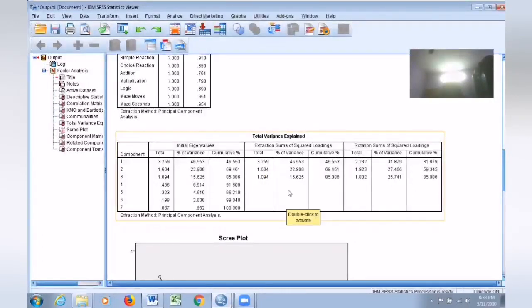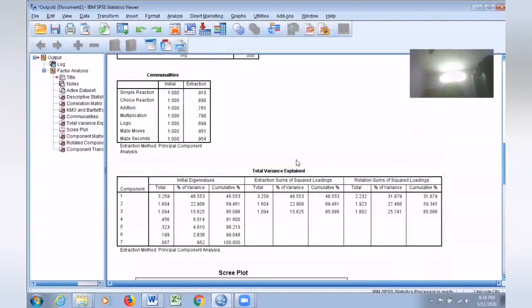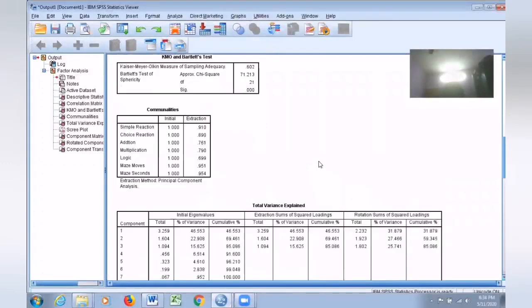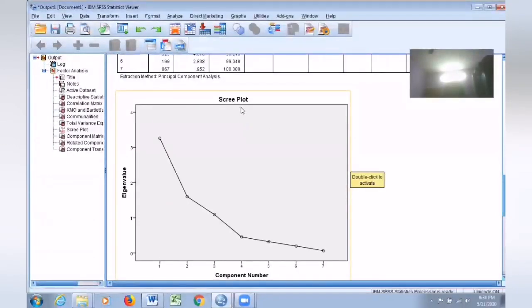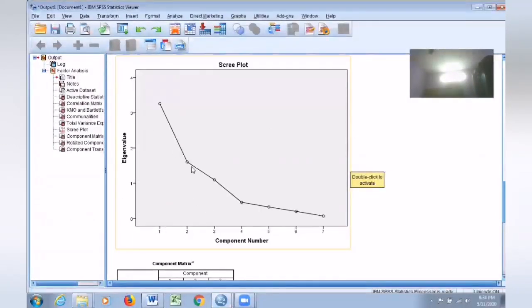Good. Now, let me say one thing: we have seen the eigenvalue. There are 3 factors. We can go for 3 factors and check the scree plot, a plot which shows the component number, factor number, and eigenvalue. First factor, high eigenvalue. Second factor, high eigenvalue.